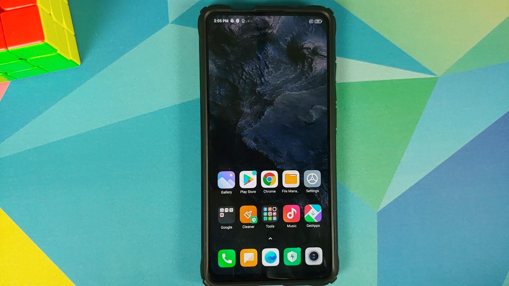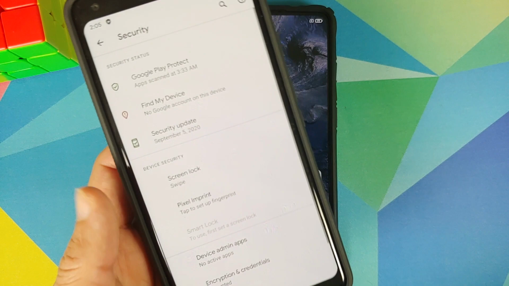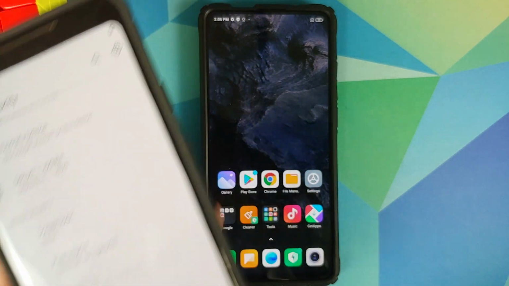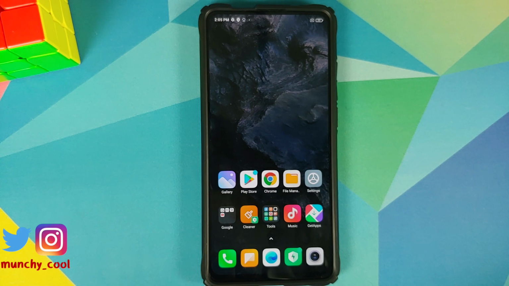Now those of you who are on custom ROMs, you need to go into settings and then you can go into security and you will see encryption and credentials. As you can see on my Pixel 2 XL, it says device is encrypted. So again, those of you who are on custom ROMs based on AOSP, you need to go into settings and security. Now based on the fact whether your device is encrypted or not, you do need to download disable force encryption,